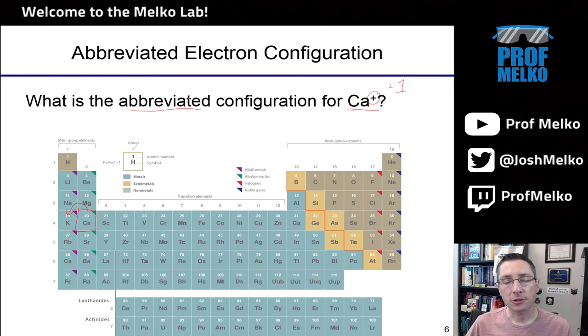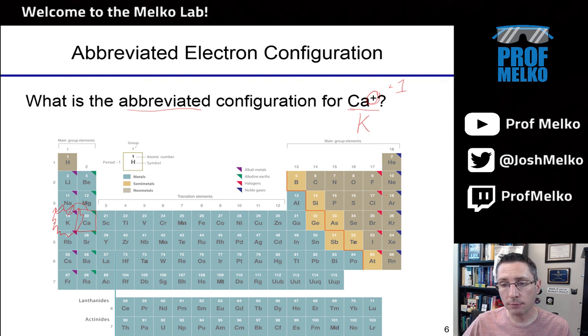So really, I'm not writing the electron configuration for neutral calcium. I'm writing it for calcium +1, which is the same as writing it for potassium. So really, the abbreviated configuration for Ca+ is the abbreviated configuration for neutral potassium, right? This plus charge means I've removed 1 electron from calcium. Now it looks like potassium. If it was 1-, I would move the other way on the periodic table and do scandium. Right, but it's 1+, so I move back 1 electron to potassium. So I'm really writing it for neutral potassium.